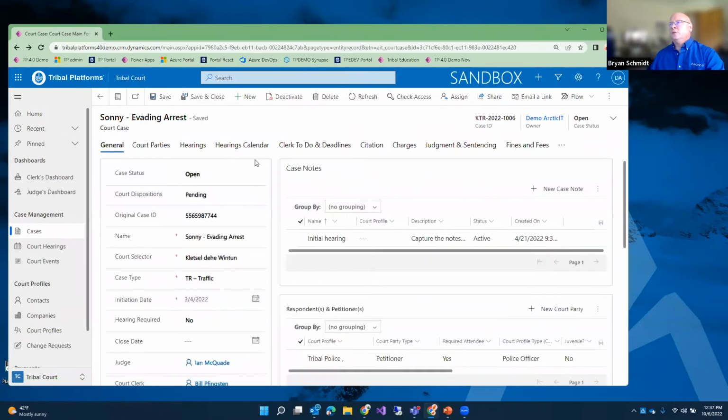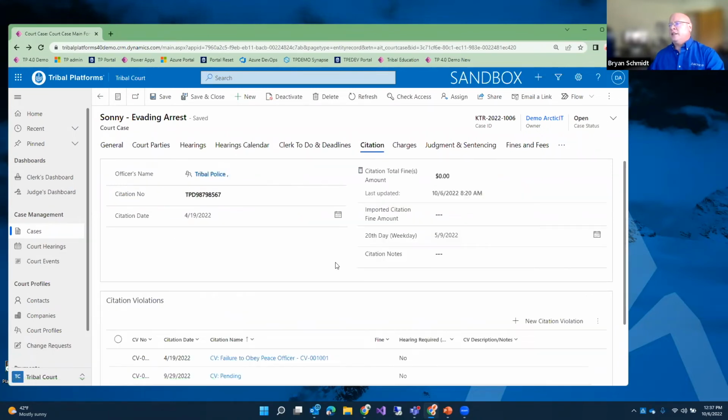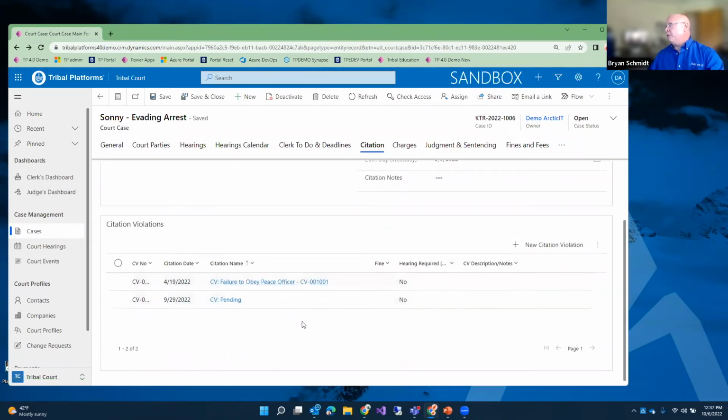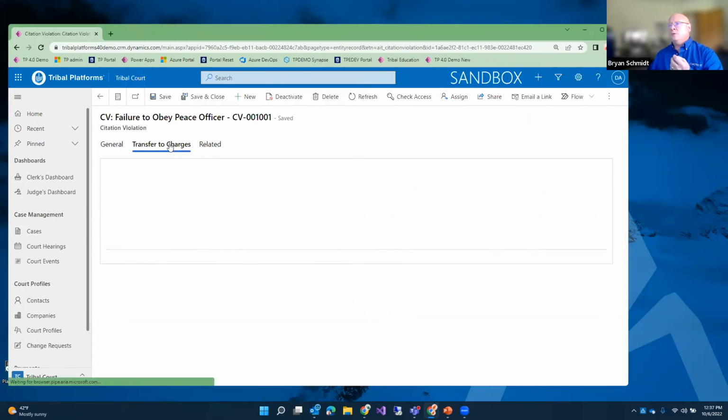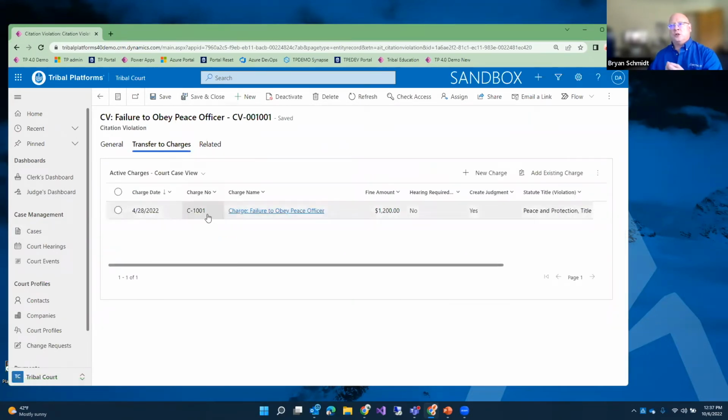All right, so in this case, because we pointed out that we had these citations and the ability to reference the violations and so forth, we can then dive into that citation, and from here we actually transfer this to a charge.